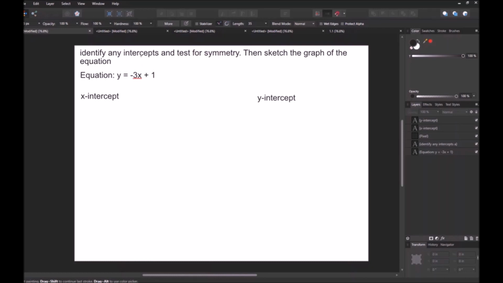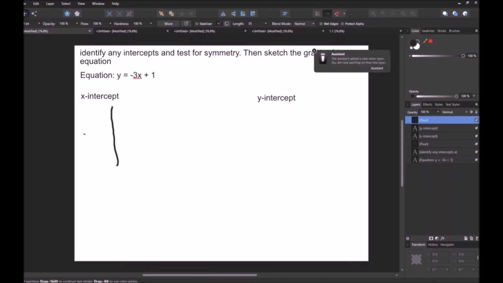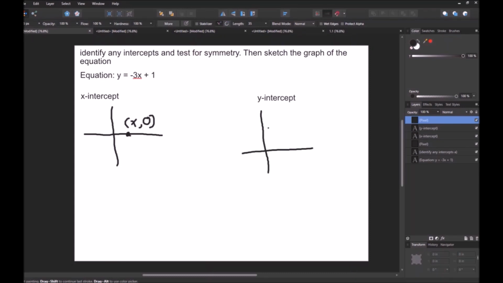If you don't recall what an intercept is, let's take the x-intercept, for example. On the graph, the x-intercept is where the graph of the equation lies on the x-axis, meaning it's going to be some x value, comma 0, all the time. For the y-intercept, it's where the graph of the equation crosses the y-axis. So it's the point that lies on the y-axis. So that's always going to be 0, comma some number y,